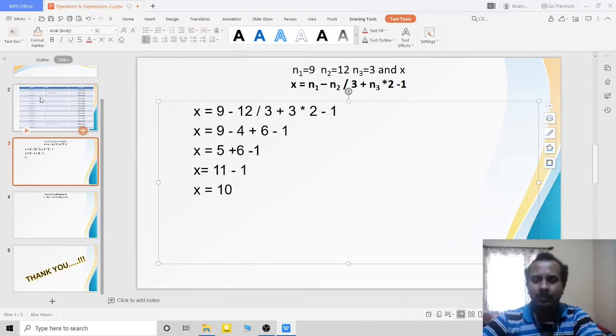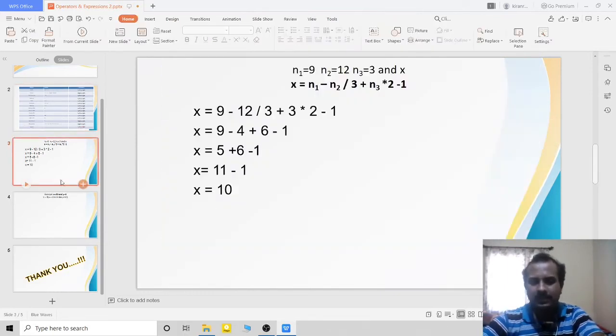You may be thinking why precedence and associativity are required. If you don't follow the associativity and the precedence, you may get the answer wrong. For example, let us say that I am doing 3 plus 3 first. 3 plus 3 becomes 6. 6 by 2 is 3, hmm, 9 minus 3... In that wrong order I get 13 as the answer. So it should be executed by following the associativity and precedence table.